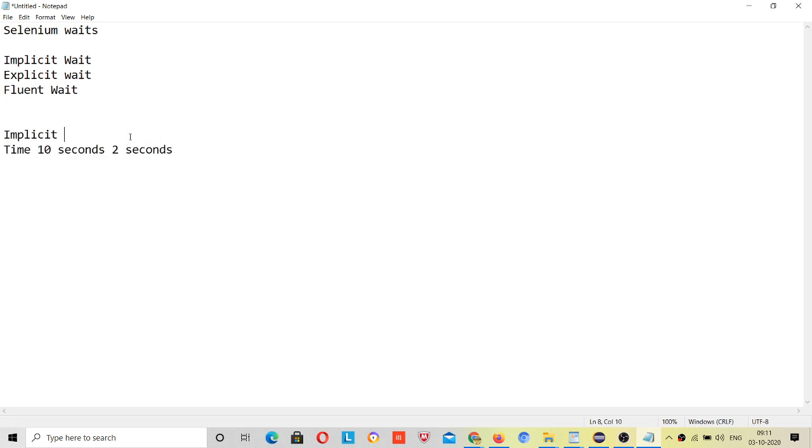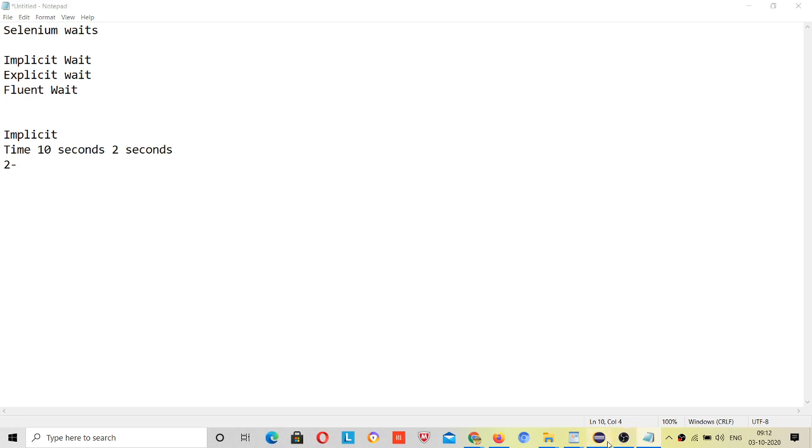And also there is one more feature of implicit wait, that this applies globally. Once you apply it at any place, then you don't need to use it again and again before every line, right?